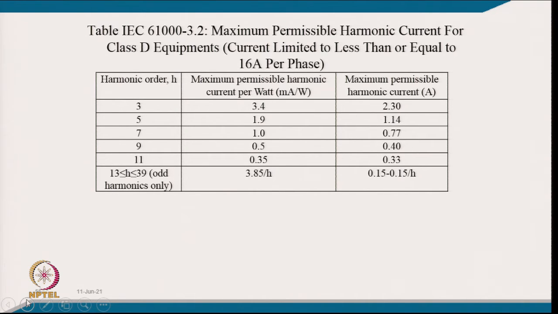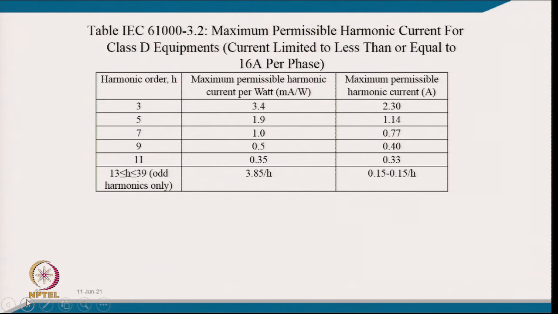Well, there is another standard we discussed last time, IEC 61000, and there were several parts in this standard. So, this is one typical table which is very widely used, of IEC 61000, the International Electrotechnical Commission. IEC 61000-3-2 gives the maximum permissible harmonic limit for Class D equipment, with current limited to less than or equal to 16